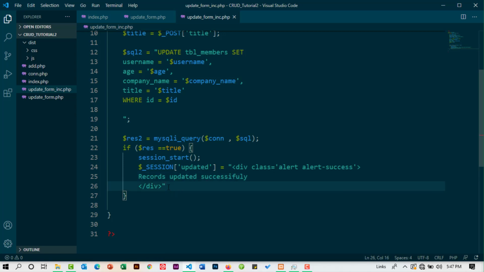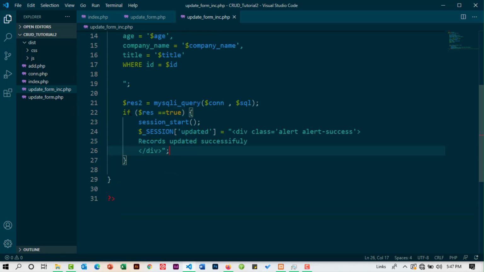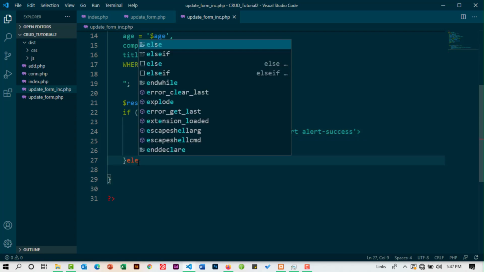Yes, and I should also come and close that there. So that is if this statement is true. This one on top here, sorry, I should also come and add true because we are testing this variable here. So else, if this is equals to false, we want to echo an error message. So I'll just come down here and say else,